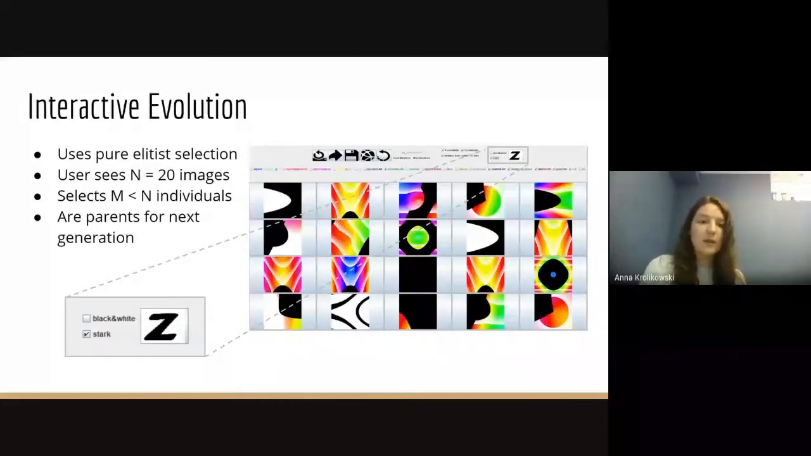So the way that interactive evolution works is, in Picbreeder, it uses pure elitist selection, meaning that the user will see 20 images and then select a certain number of individuals from those images that they like, that are appealing to them for some reason. And then they're able to evolve them, meaning that those images become the parents for the next generation of images. And they can do this as many times as they want,